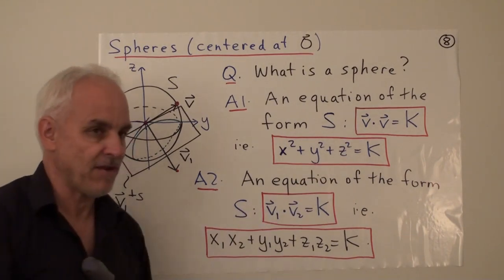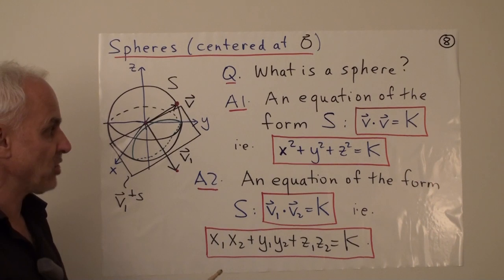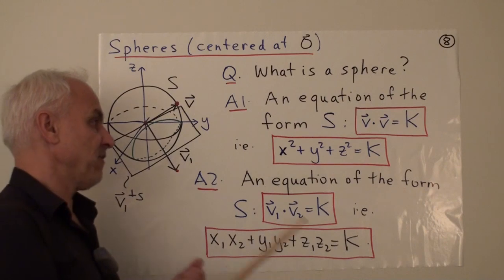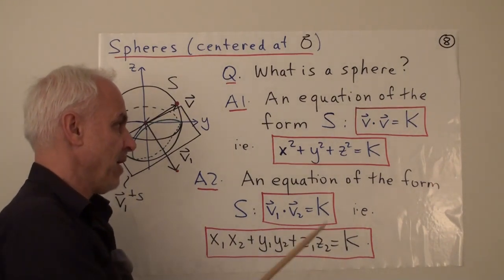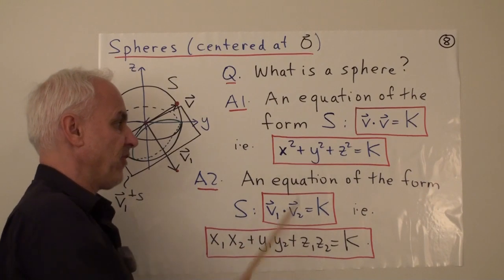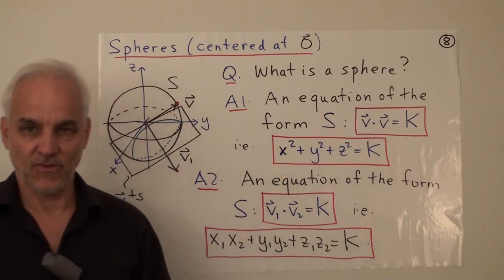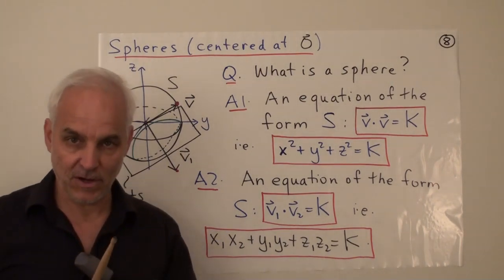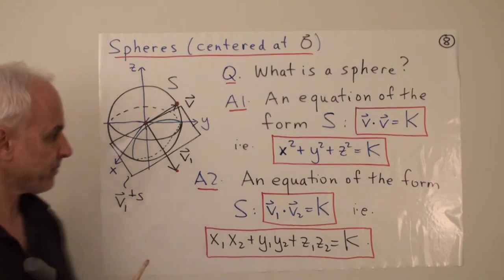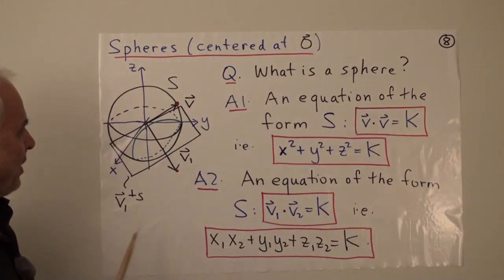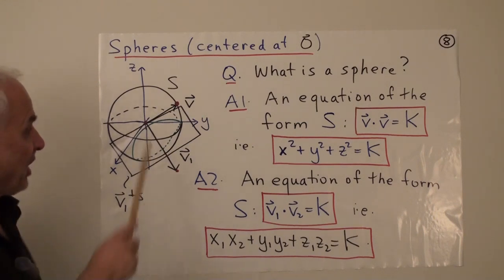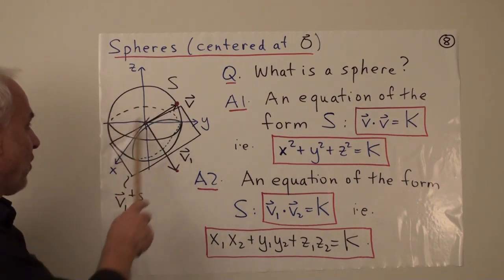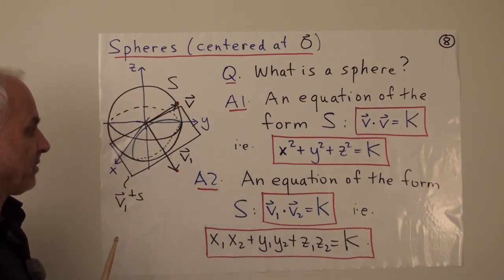V is a vector. V dot v is the quadrance of that vector. So we're talking about the equation that the quadrance of the vector is k. And specifically, in terms of a vector v having coordinates x, y, and z, the quadrance of v will be x squared plus y squared plus z squared, so this is the equation of the sphere. And we all recognize that's a familiar Euclidean kind of equation for a sphere centered at the origin. Looks like this. And so we're saying that that vector v, which lies on the sphere, has exactly quadrance k. And the sphere consists of those vectors that have that property.